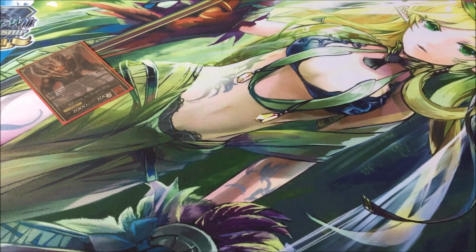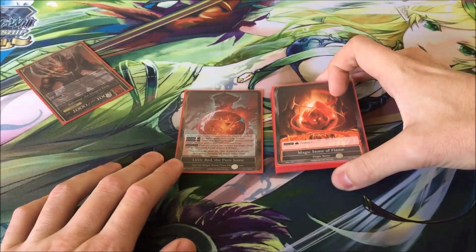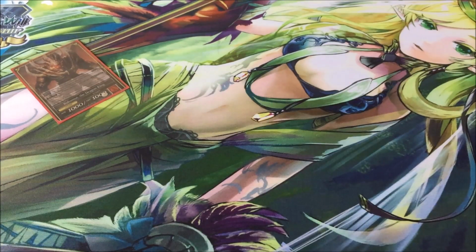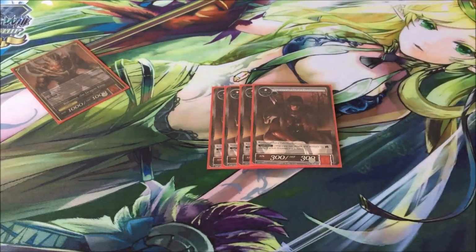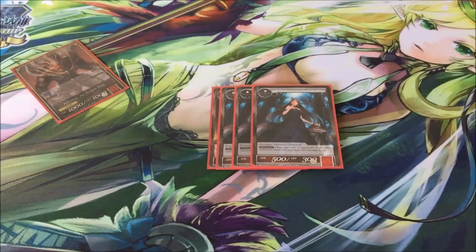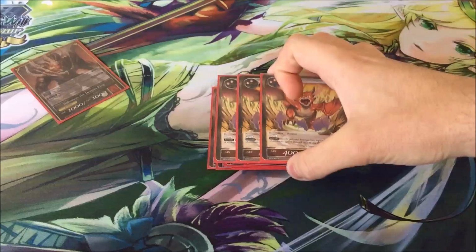For his magic stones, he just simply ran one Little Red the Pure Stone and 9 Magic Stones of Flame, so we'll just get past that because there's nothing special there. For his resonators, he also ran 4 Hunter in Black Forest, but ran 3 Wolf Hunter in Black Forest, whereas we've been seeing 2. He also agreed on 2 Apostle of Cain, although he ran 3 Spawn of Blazer main deck,